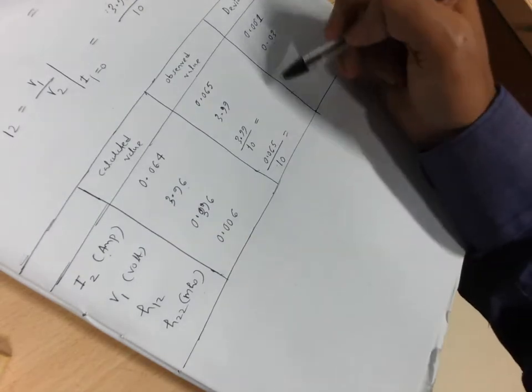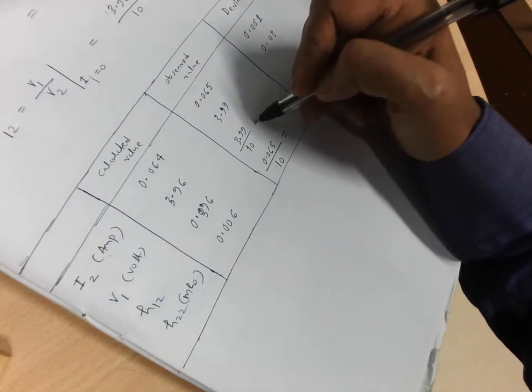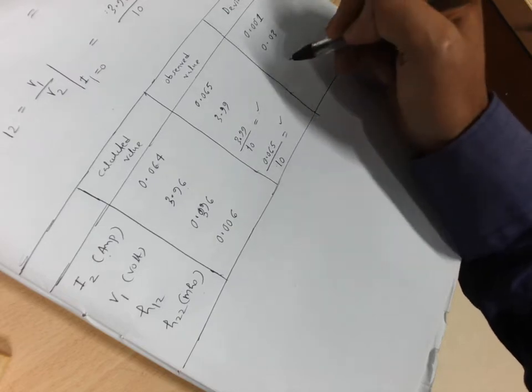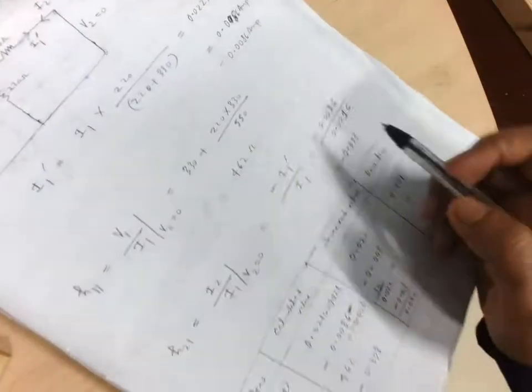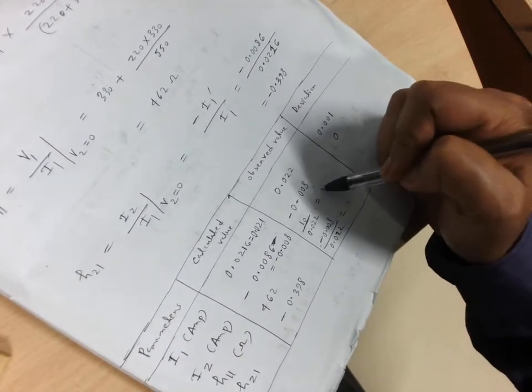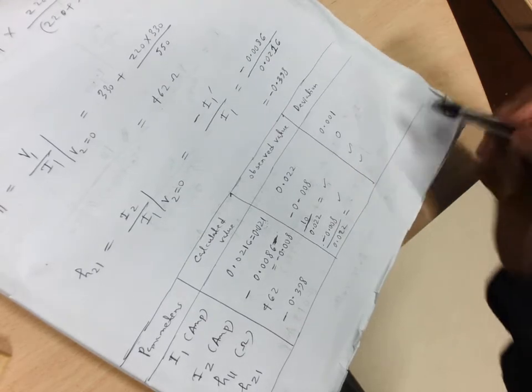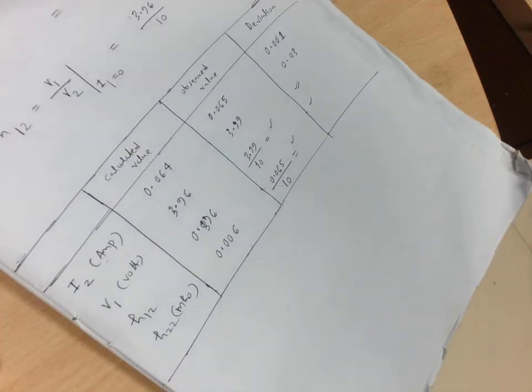So your work is to find the observed values of H12 and H22, and write the deviation for this observation table. And for the first step observation table, you have to find the observed values of H11 and H21 and write the deviation accordingly. Okay, so this is the time. So we have got almost exact values. Thus you can verify this theorem. So thus we can verify the hybrid parameters practically also, by experiment also. Thank you all for attending this class.